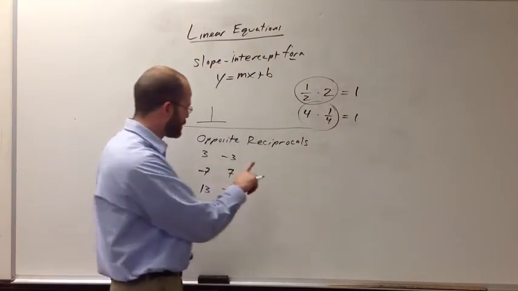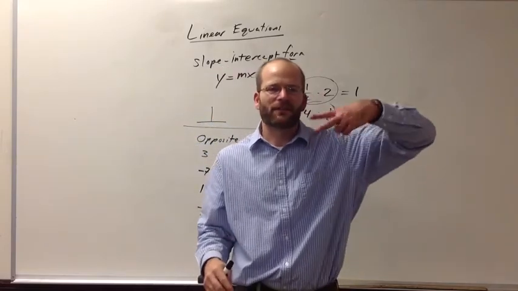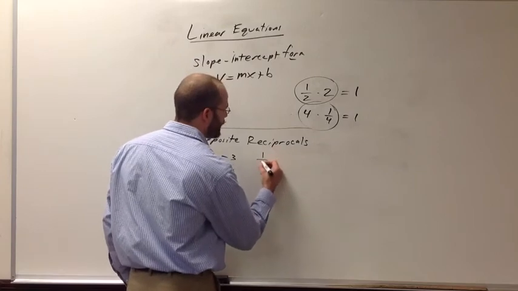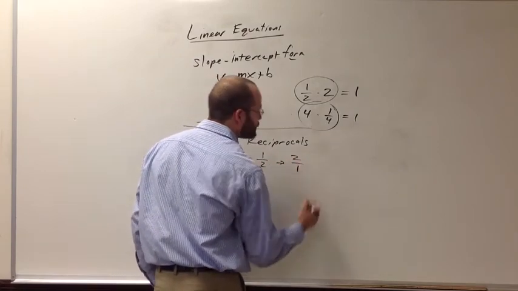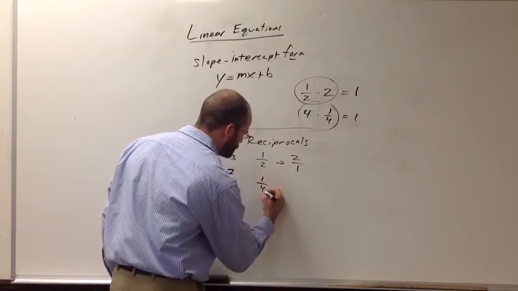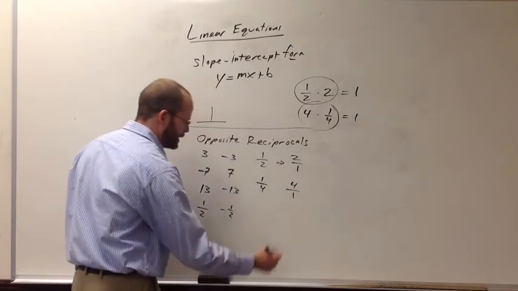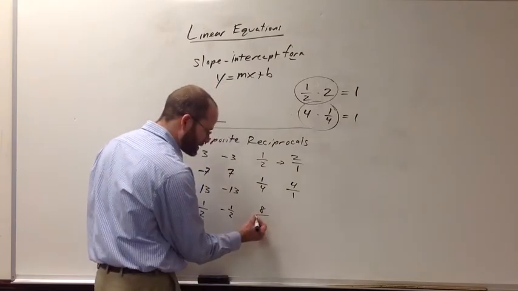So let's look at some other examples. One of the easiest ways to identify reciprocals is just take a fraction and flip it upside down. That'll produce the reciprocal. So if I look at 1/2, I flip it upside down, I get 2 over 1, which we know is simply 2. If I have the number 1/4 and I flip it upside down, 4 over 1 is the reciprocal. If I have a number such as 8 and I flip it upside down, 8 of course is 8 over 1,